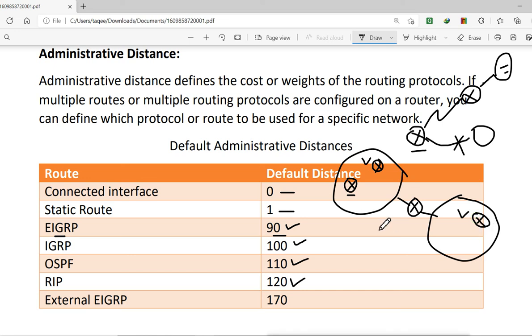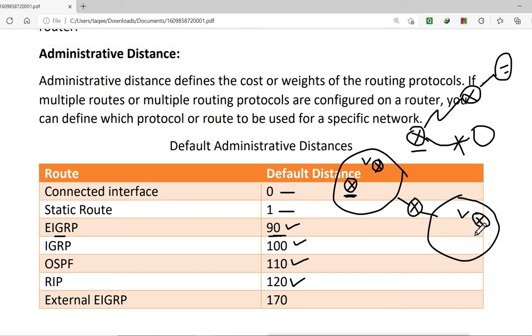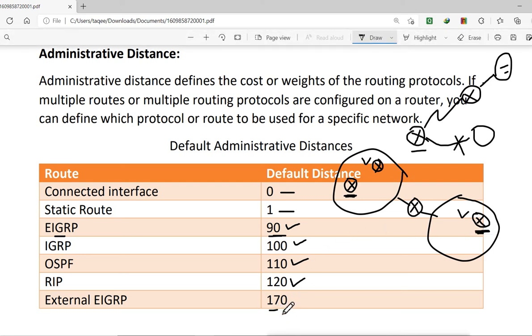So the AD value for the local EIGRP network will be 90, and the network information coming from the other routing domain will have the AD value of 170.